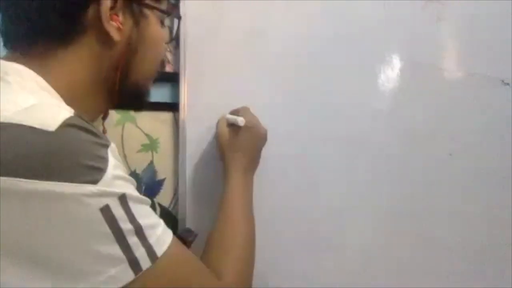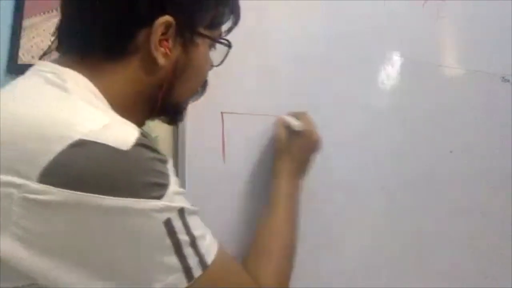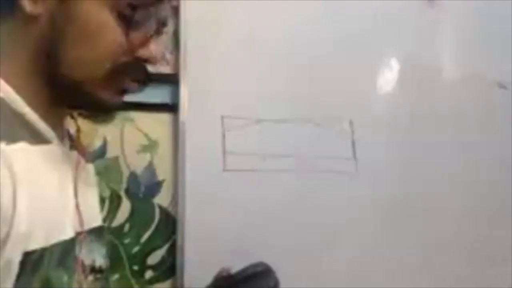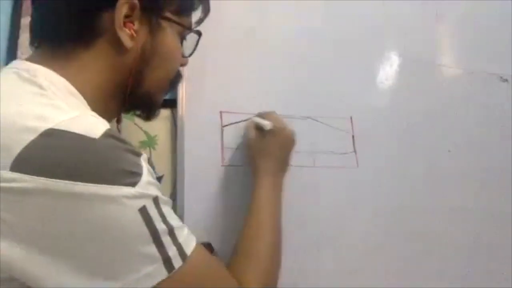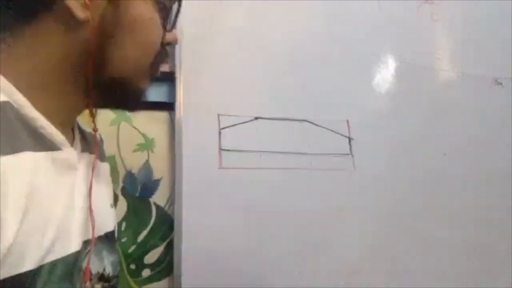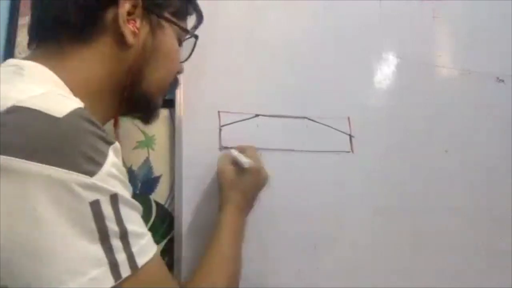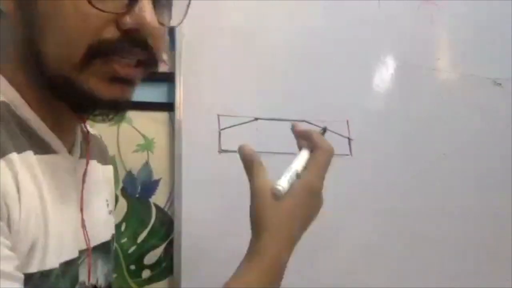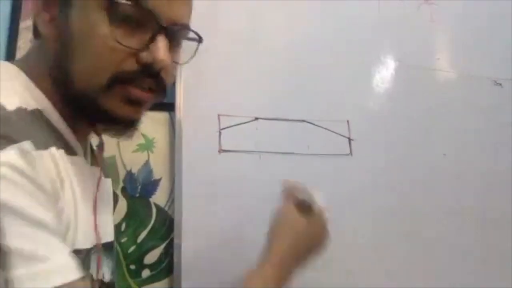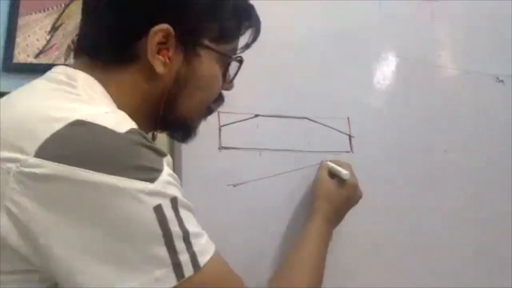Smaller. It's fine. Let me make it a little bigger. I think this will be much better. The duster. All right. Now we have to move this whole rectangle into 3D. So whenever you draw a rectangle in 3D, what kind of shape do you get? A cuboid, right? Yes. A cuboid.